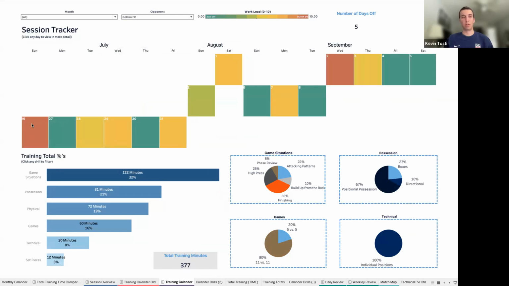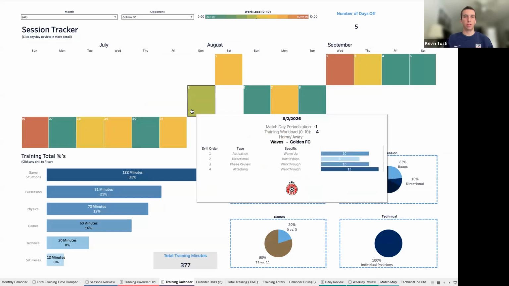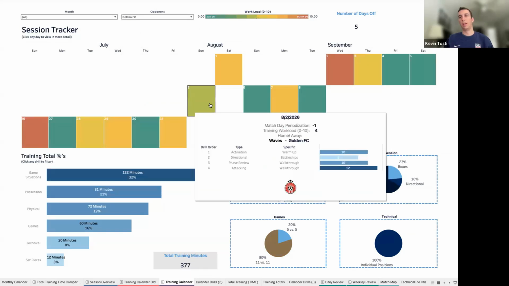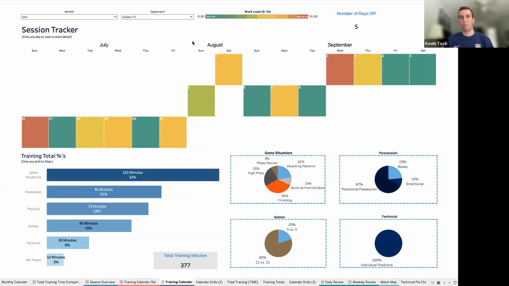We had to play them back to back in a two-leg game. So we played them on a Sunday, and then we had to play them on a Wednesday. So then we can start to look at what we did leading up to them prior, and did it affect the game?